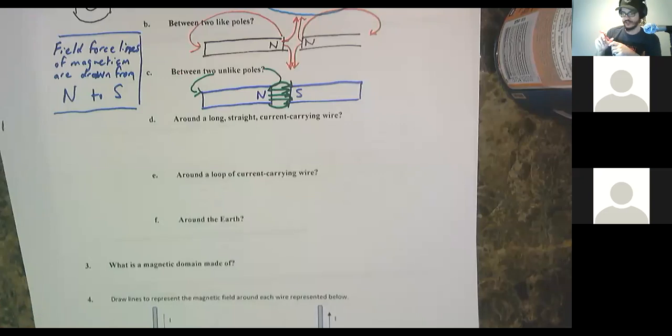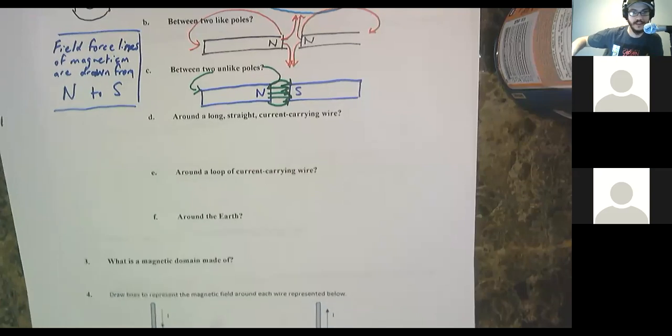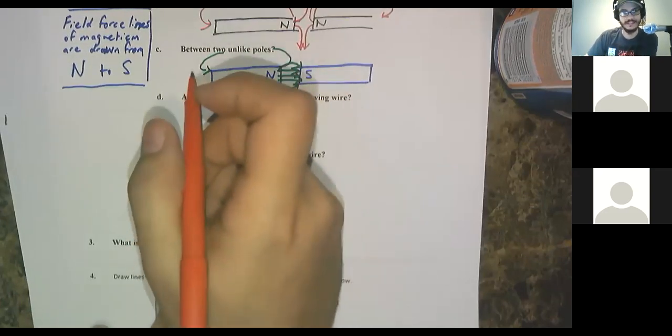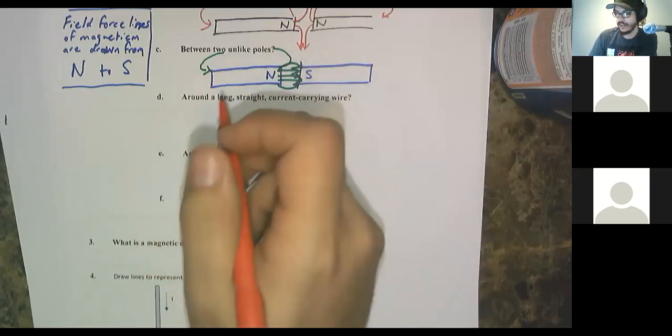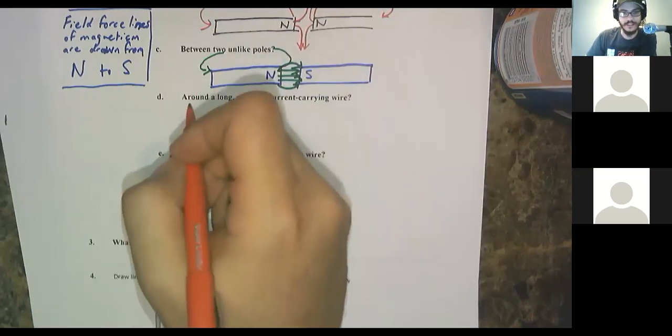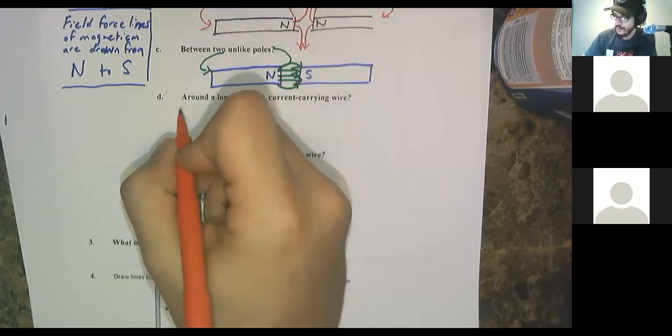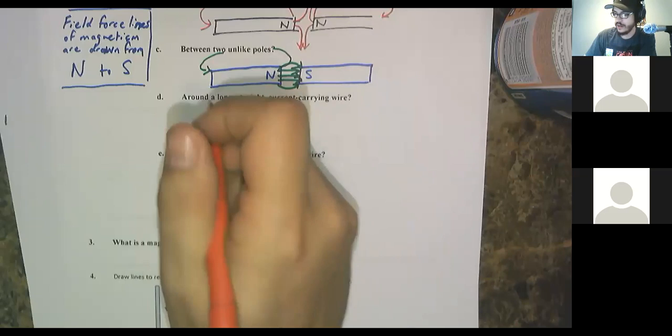Around a long, straight current carrying wire. All right, we actually have to draw that for number 4. So even though Joel and Kyle just asked to have these described by drawings, I'm going to write this one out in words because I'm going to draw it in a couple minutes anyway. Around a long, straight current carrying wire,